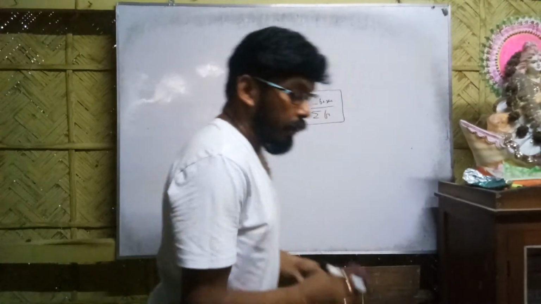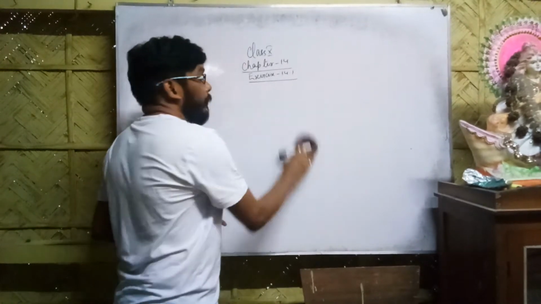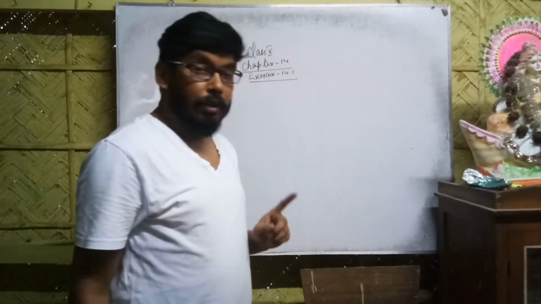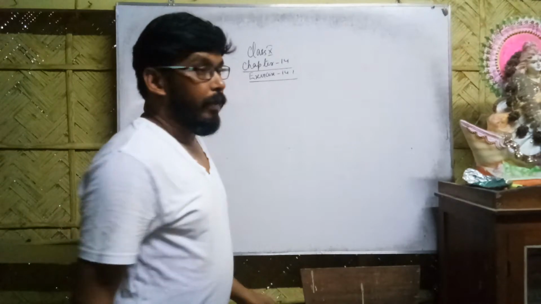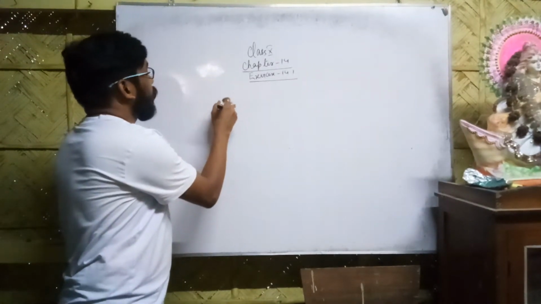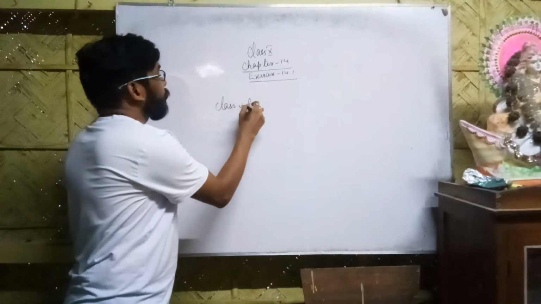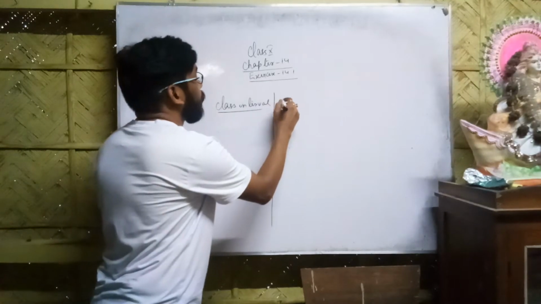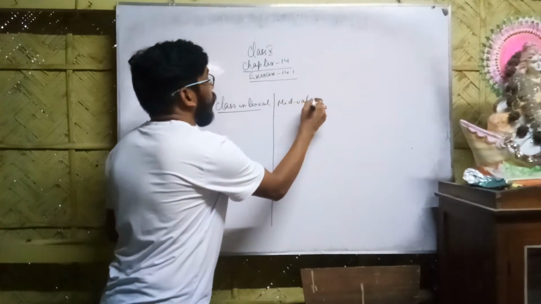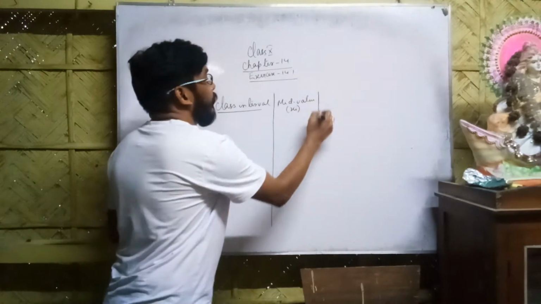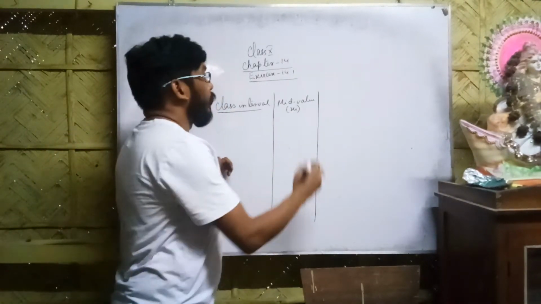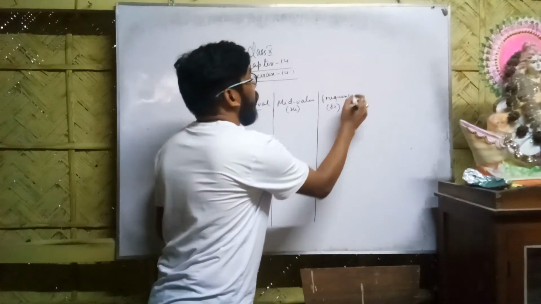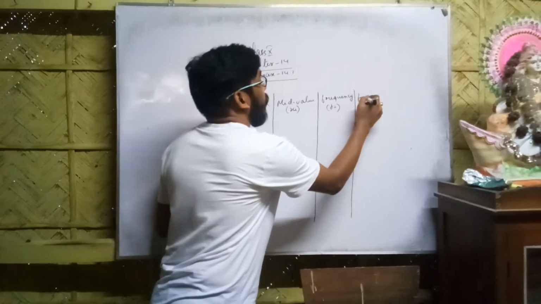Here we are asked to find out mean. We will apply direct method. What are the columns you have to write to find mean by direct method? First you can write class interval. After that it is mid value, which you can write as xi. Mid value you can say as class mark also. Then it is frequency fi, and the last it is fi xi.